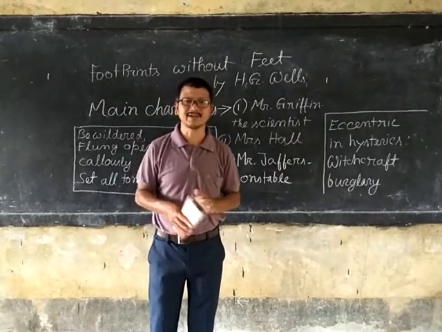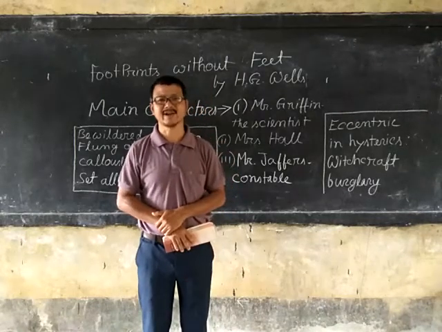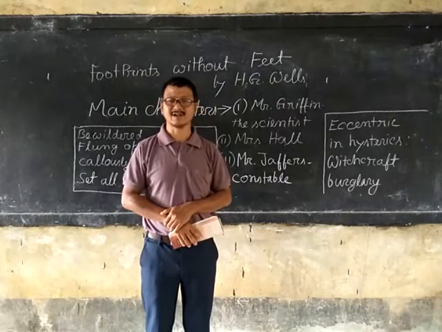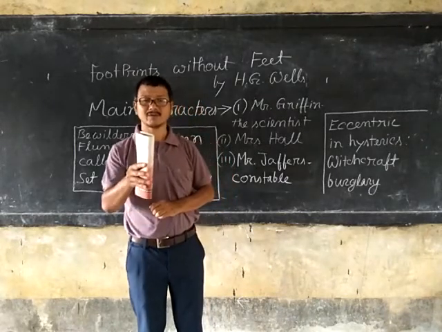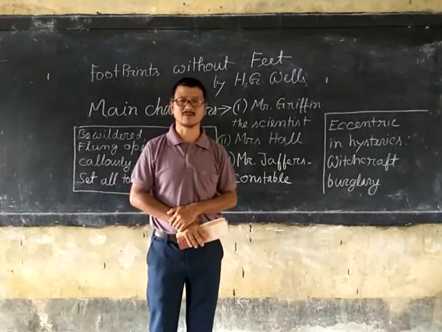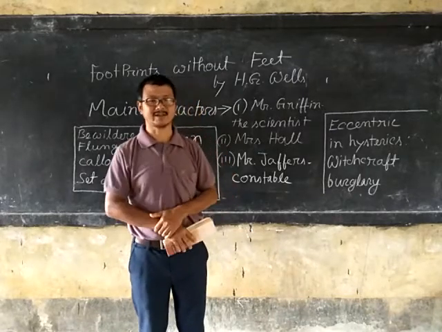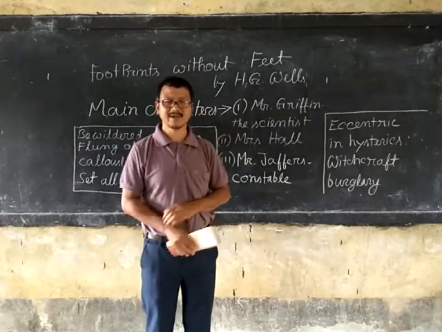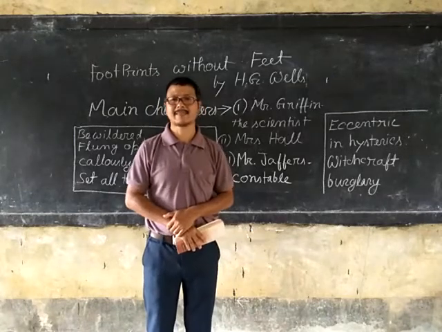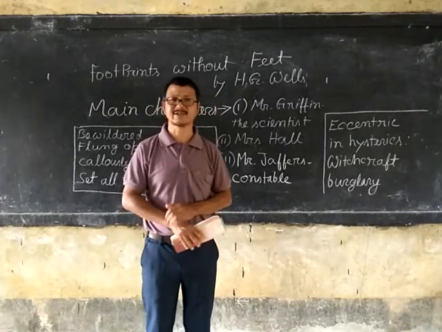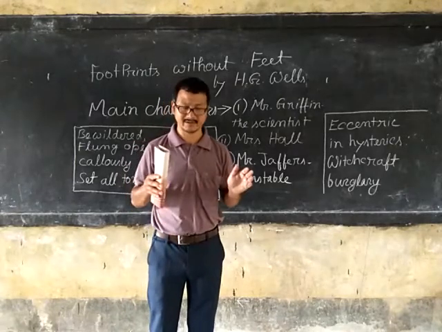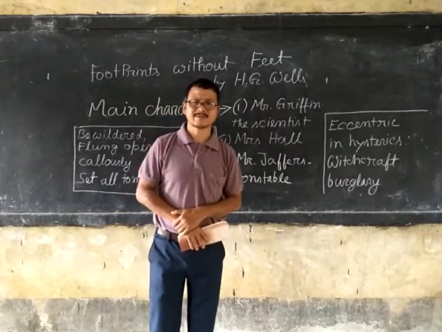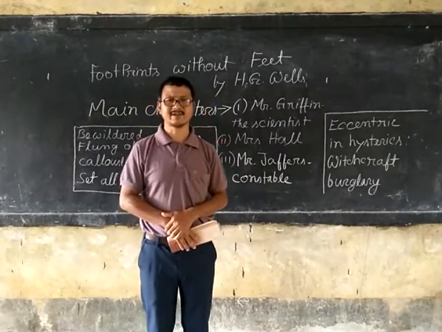Why? Because he set the house of the landlord on fire out of anger. And the question is, why did he get angry with the landlord? Yes, the landlord asked him to get out from his room, to get out from his rented house. The question is, why did the landlord ask him to get out from the room? Yes, he did not pay the rent in time. He was irregular. So the landlord was unhappy with him, and you see, just out of anger and frustration, this